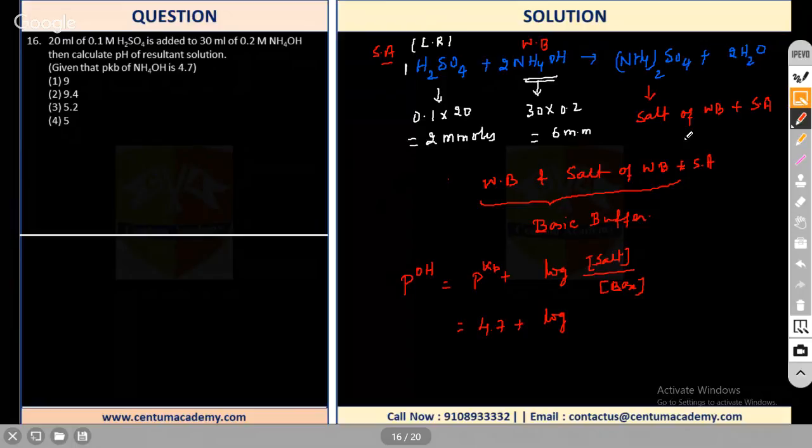What is the concentration of salt we have here? That is 2 moles of this, right? So log of salt, so it is 2 by